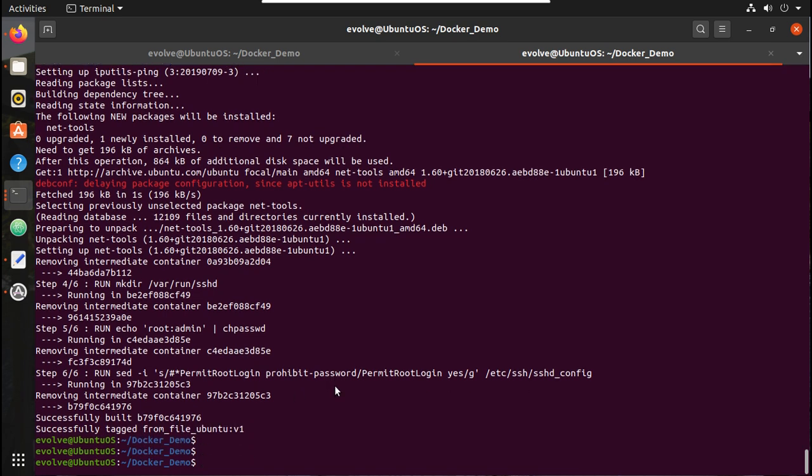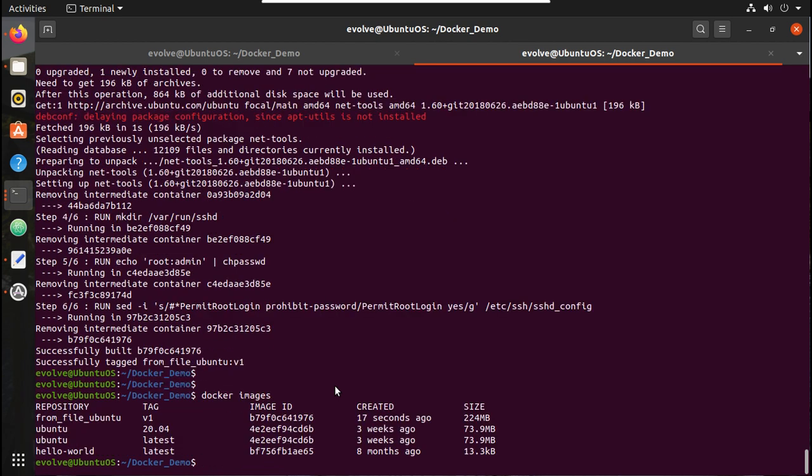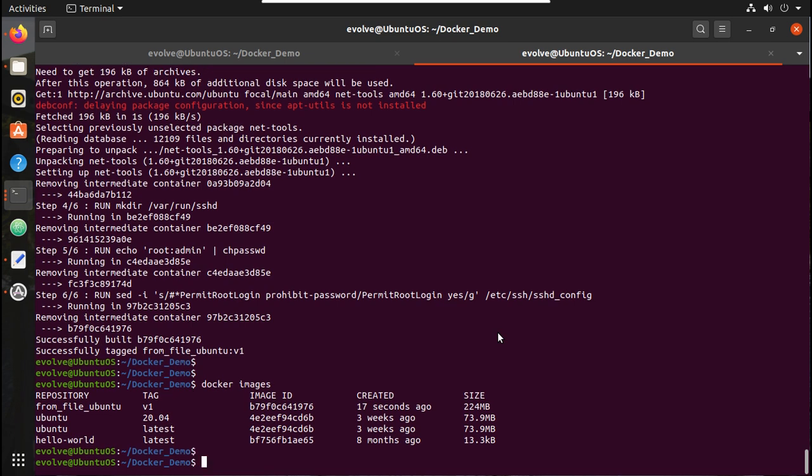Now let's see the image list. The command is docker images, and you can see fromfile Ubuntu, the tag is v1, which I have given. Size is 224 MB because it downloaded multiple packages. Now let's create a container using this. So the command is docker run -it. If you want to detach it, you can give -d.